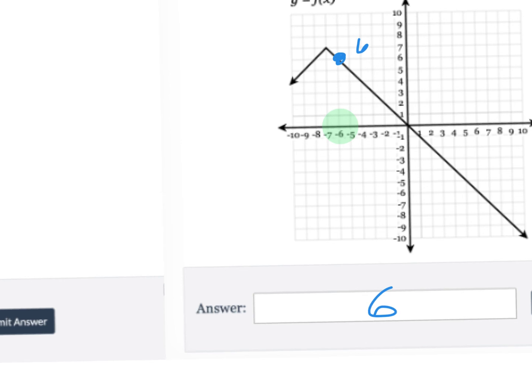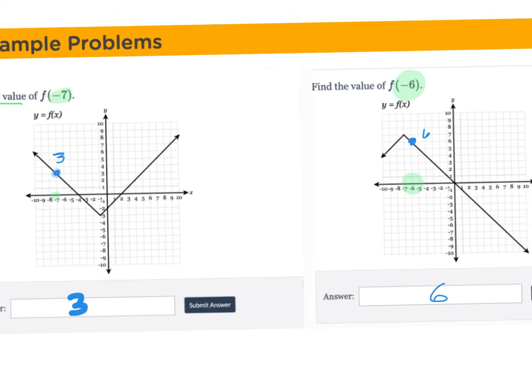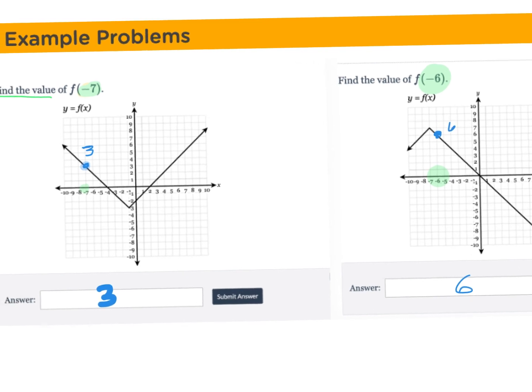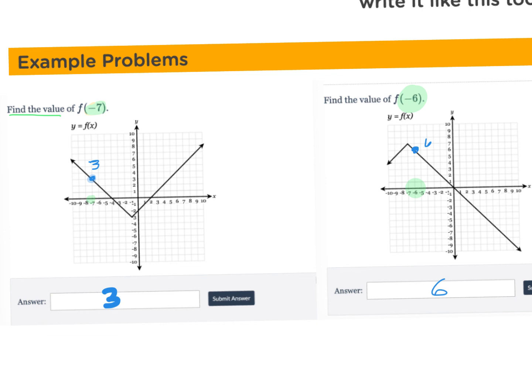Any questions about what you would do with a graph? Nope. All right, so turn the page real quick. And actually, you know what? I think I'm actually going to stop with this one because I promised I wanted you guys to have about an hour. So here's what we're going to do. So on the Delta Math, there are